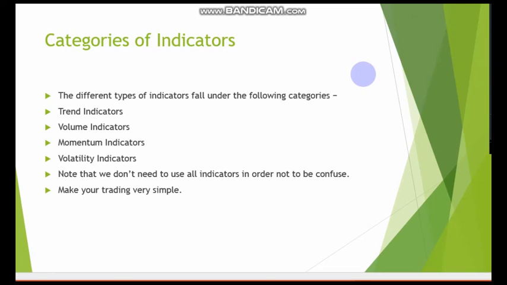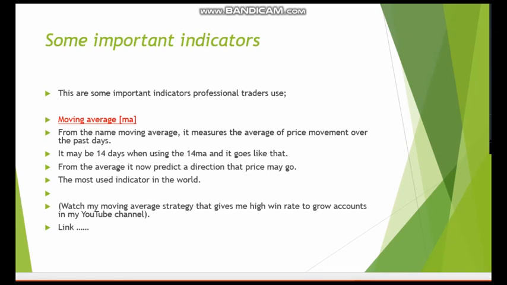And remember, we don't need to have many indicators on our charts, because that will show a sign of confusion. You don't need 100 indicators on your chart. You just need some specific indicators, and I'm going to help you add their confirmations to take a trade. So I have some important indicators. First, we have the moving average. This is a very simple indicator,